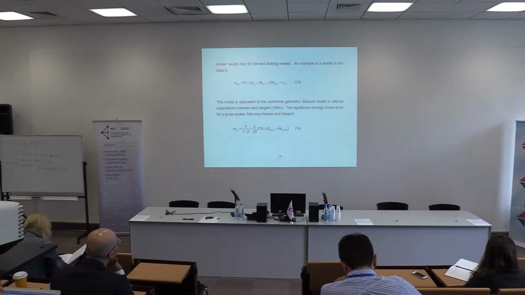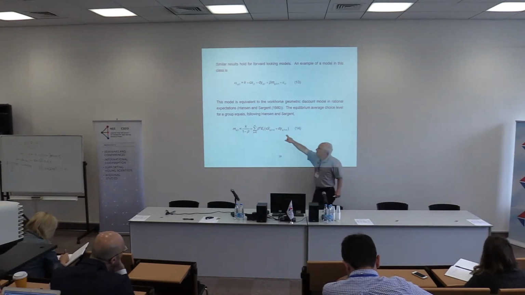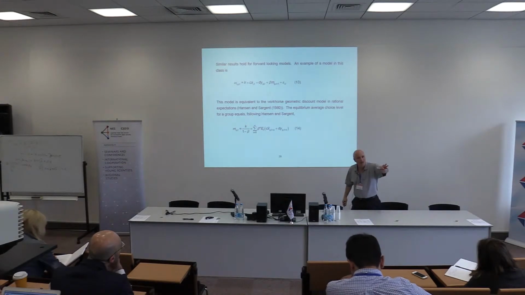The behaviors today depend on what I think the average is going to be tomorrow, but that means the average tomorrow is going to depend on what I think the average is going to be 2 periods from now, which depends on the average 3 periods from now, so on and so forth. And so what the Hansen-Sargent formula does is it just gives us a nice, clean way of understanding the dynamics of the paths of the x's and the y's and how they affect the expected values of the variables m. Everybody with me?